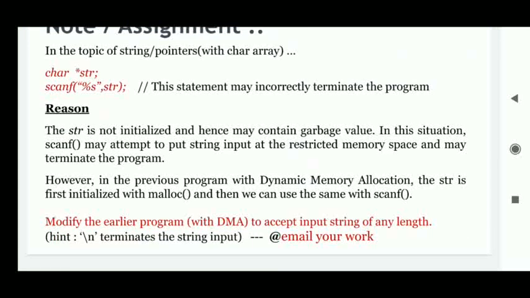You can modify the earlier program with DMA to accept an input string of any length. Based on the value you enter for len, you can enter a string of any length. So you can write this program and you can email me your work, how to write or how to